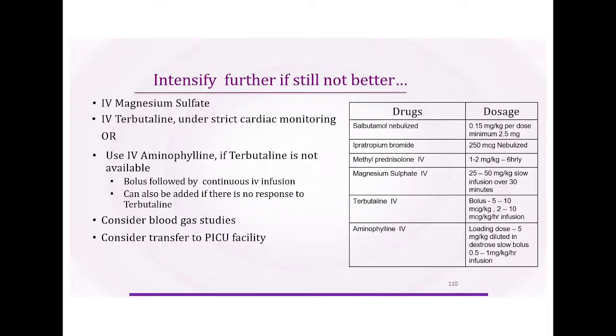So, अगर आपने क्या किया 0.6 mg salbutamol डाला और 3 ml नॉर्मल सलाइन डाल दिया, वो तो इतना डाइल्यूटेड रहेगा कि वो इफेक्ट ही नहीं करेगा. So, that's why this recommendation is the minimum dose is 2.5 mg for all age group and the maximum dose is 5 mg. So, इतना minimum तो देना है, but dose is 0.15 mg per kg, but minimum dose is 2.5 mg.